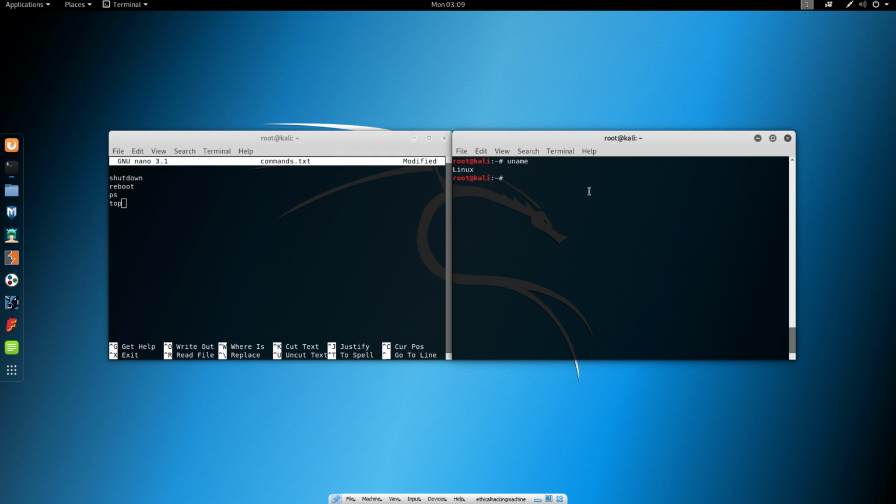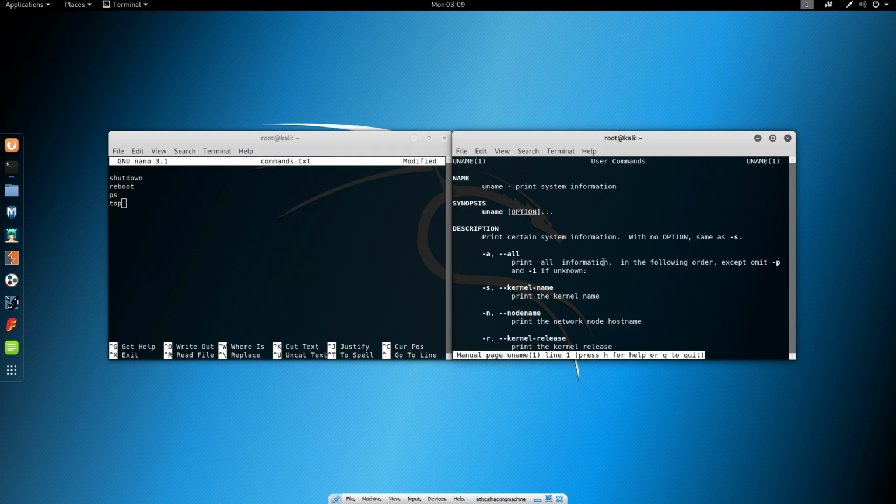So basically this will just give you the name of your operating system, which in our case is Linux, so it is just uname. Now in order to check out all the options for this command, you can just type here man uname, and it will open up a manual for this command, and you can see things it is possible to do with